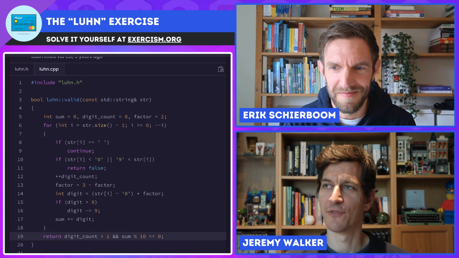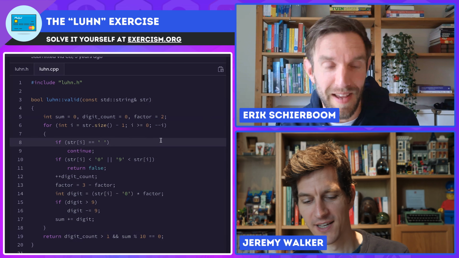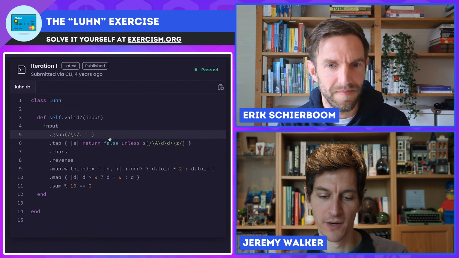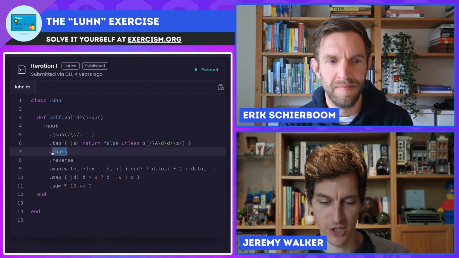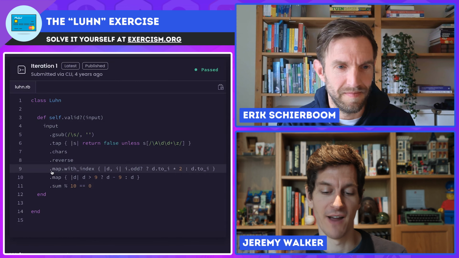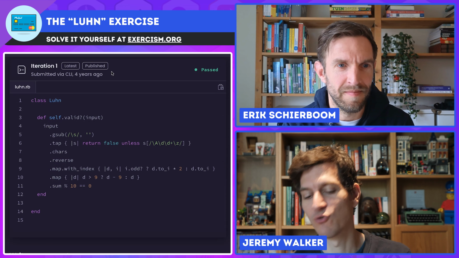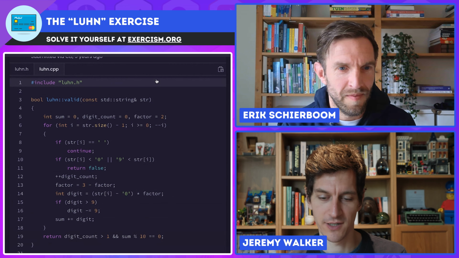Yeah, if you're passing lots of them, like you're trying to validate millions of social security numbers at once, this could definitely add up. Important fix. Yeah, I mean, if you compare this again to the Ruby one, in each of these, we're basically creating new data structures. We're creating an array here, another array here, another array, another array. So this is dramatically inefficient compared to the C++ version